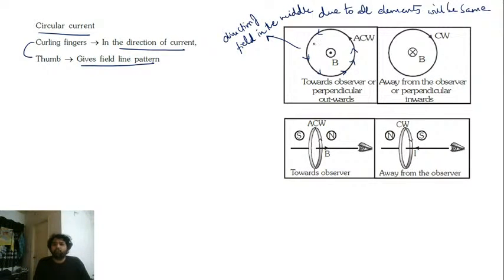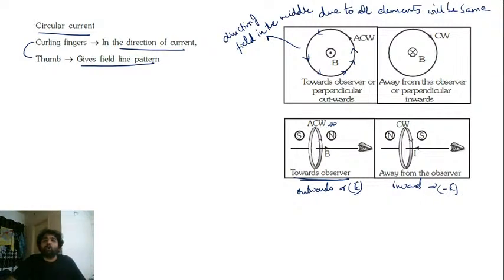So isme, if you observe, this is coming outside. This particular case in B, it is going inside. Similarly, if your current is flowing in this particular anti-clockwise direction, it is towards the observer, or it is also called outwards, or also called K cap in most of the cases. And if it is clockwise, it is inward, which implies it is minus K. All right, so this is all about direction of a magnetic field.